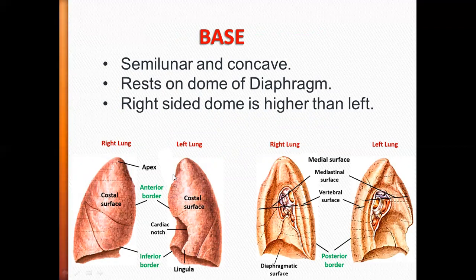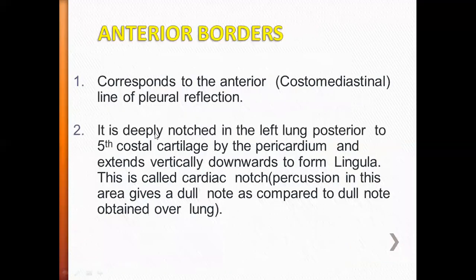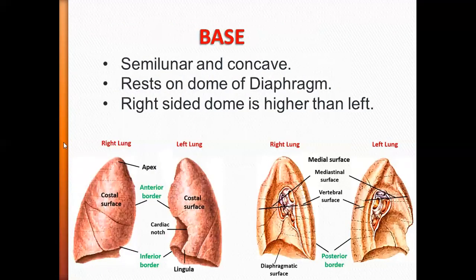Okay, in this, can you see this border? See the arrow mark where I'm showing? See where it is going like this on the left side, and I can see where it is going like this on the right side. This is our anterior border. In case of the right lung, this anterior border is just plain. It is going from above to below.